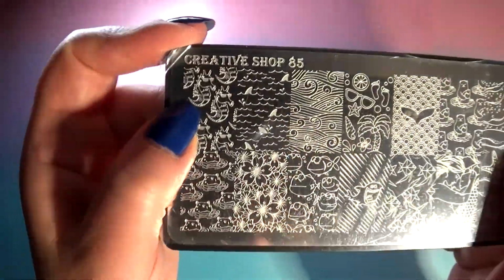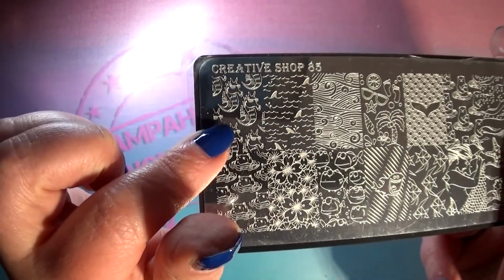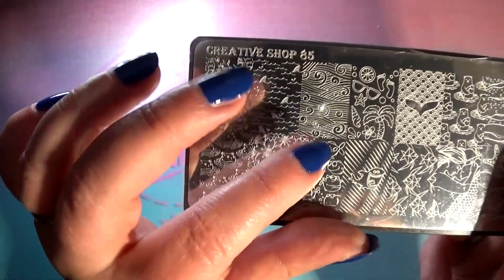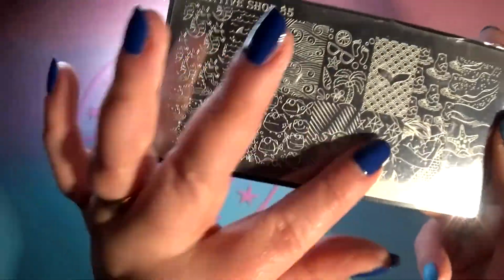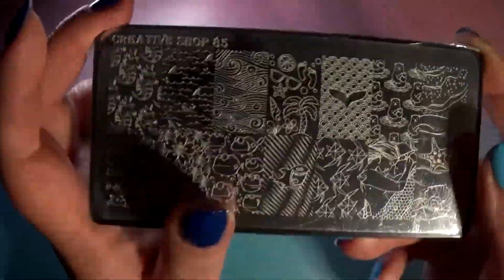Okay, then we have these cool seahorses up here, literally cool seahorses because they've got sunglasses on. We've got some shark fins, some wavy stuff, just some general cool things having to do with water. And I also like that little origami image. There's so many fun things on here. Cool, can't wait to play with this. So